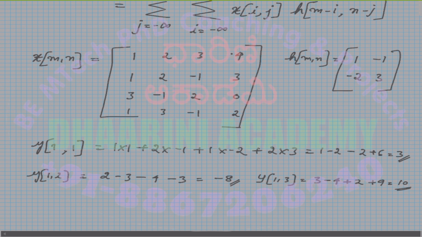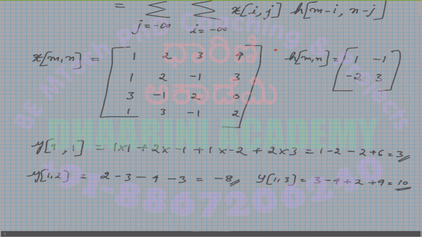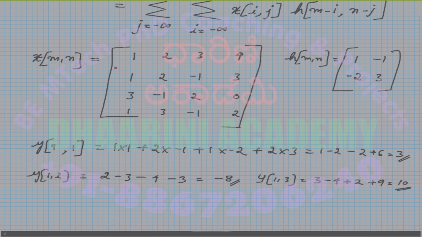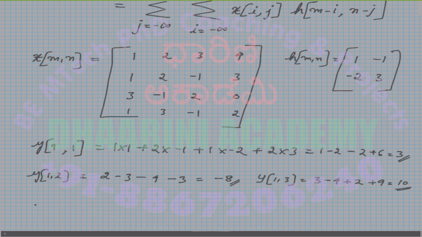Now we got y of 1 comma 3, which was a result of the h of m comma n overlapped over here. Now just think what happens if I shift this right by one more unit. It's like this. I don't know what is there, so I cannot do the calculation. So you stop that process here. You go to the next valid overlapping position on the x, which is nothing but this position. Can you see? This is the next valid position. So this is going to generate our answer,